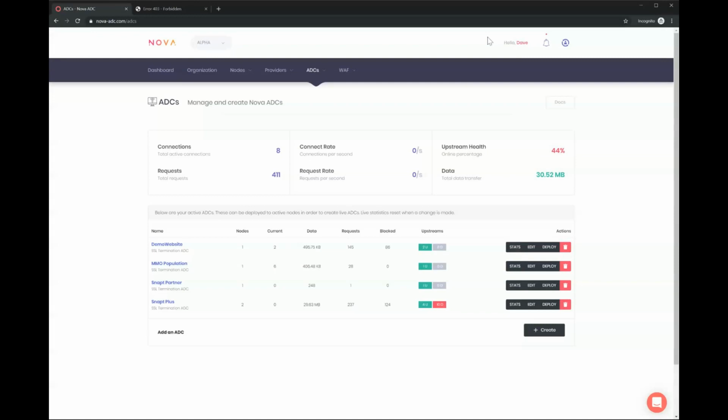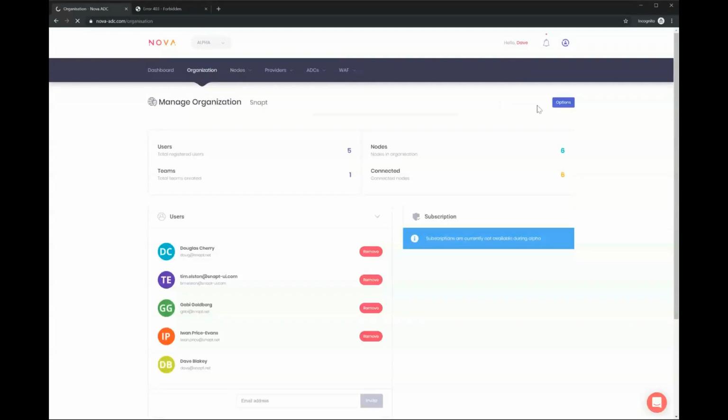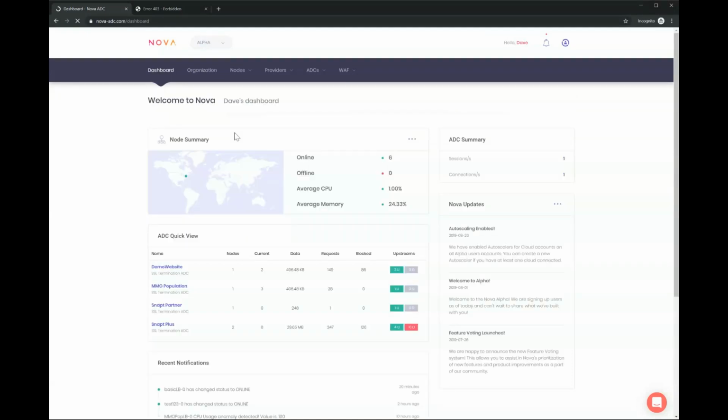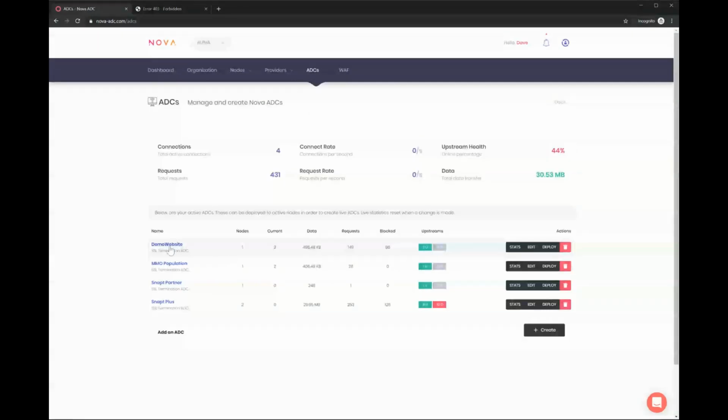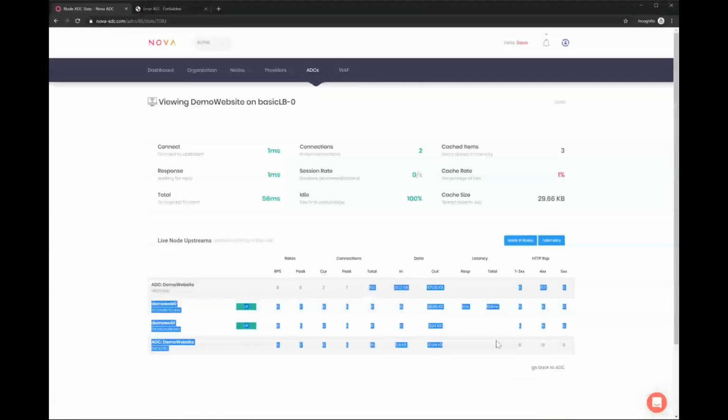You can also get a text message. So you can have it send you a notification. You can have it send you a Slack webhook if you want, and so on. And it will notify you of all these kinds of things, right? So what I've shown you is one of the most basic use cases, I guess, where we've just got this demo ADC. And we've got one ADC in it, and it's managing traffic, monitoring your latency.